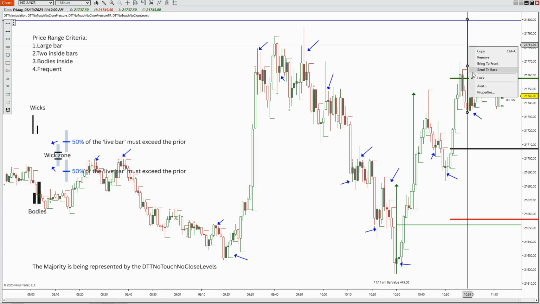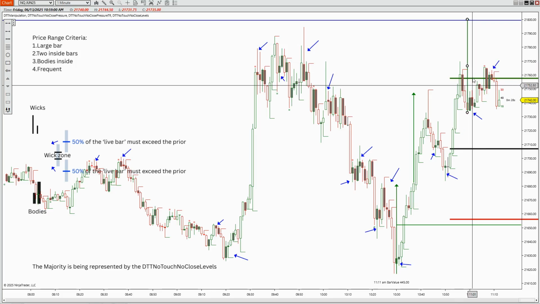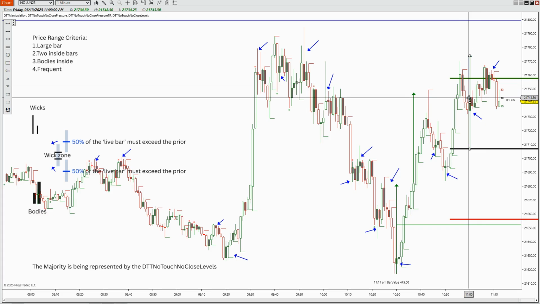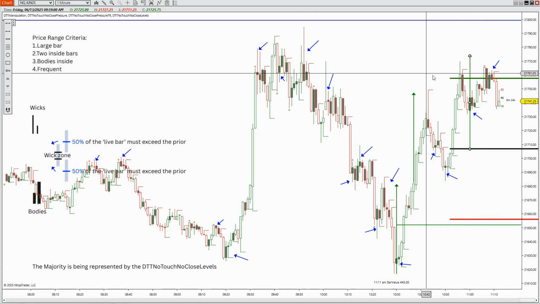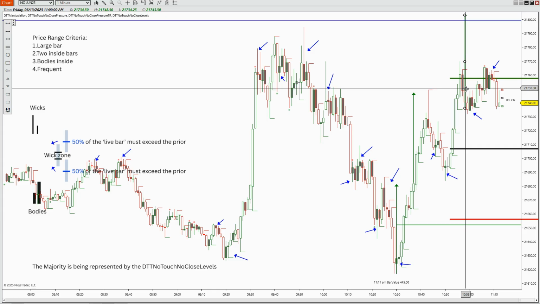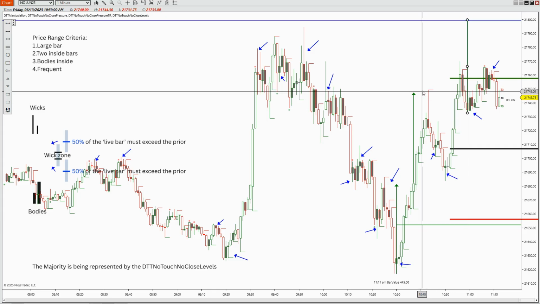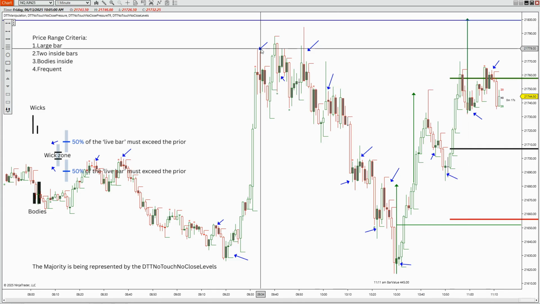All right, so let me just kind of unlock that because they're not serious about it yet. All right, can it come down to here? That'll still put them up here. Okay, so right now we'll just leave this here. We're going to see what's going to happen. Now, this is one inside bar.